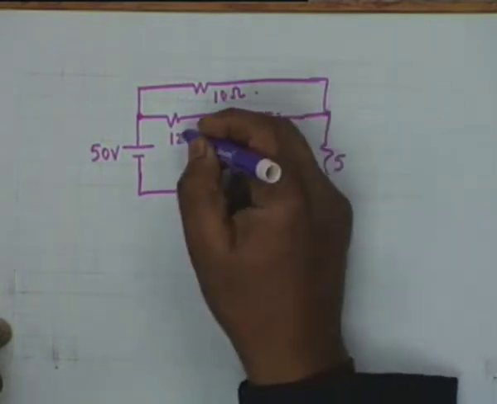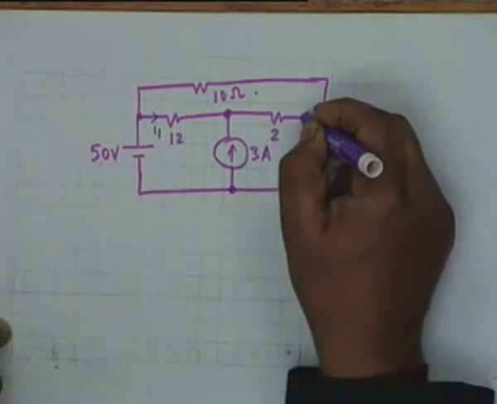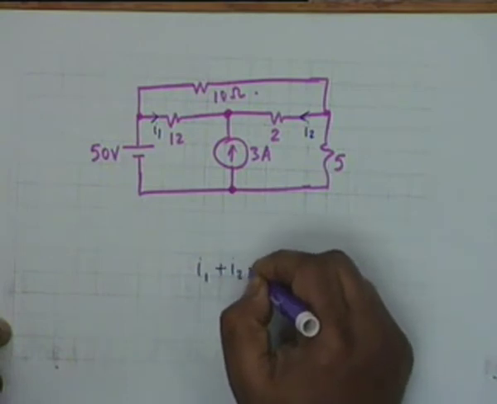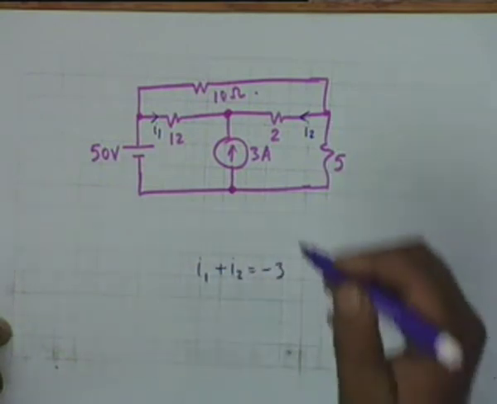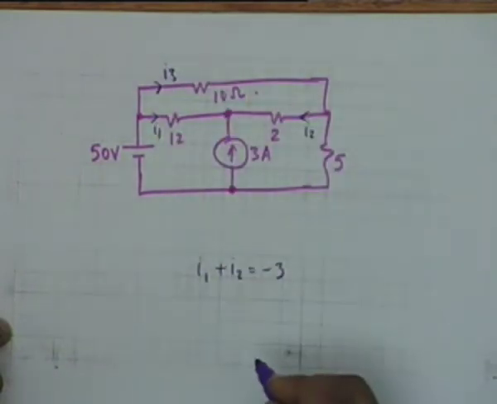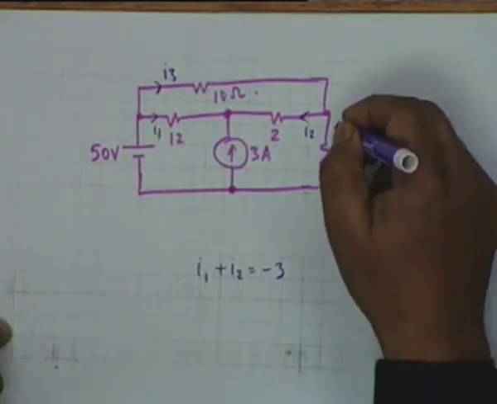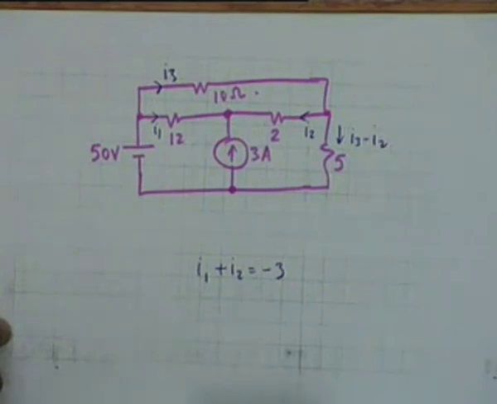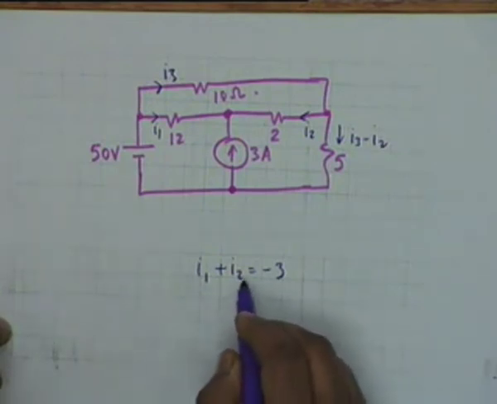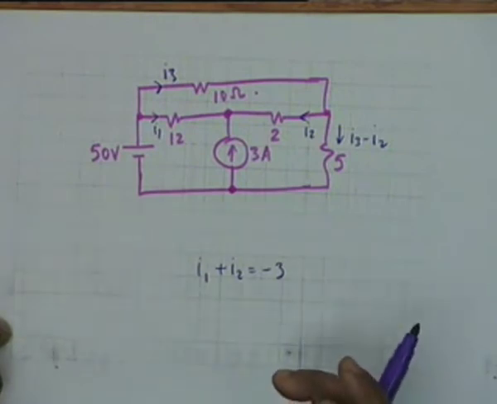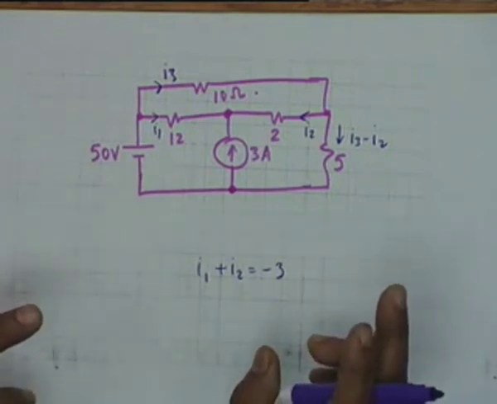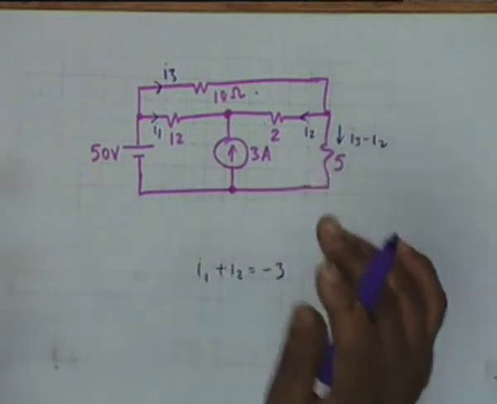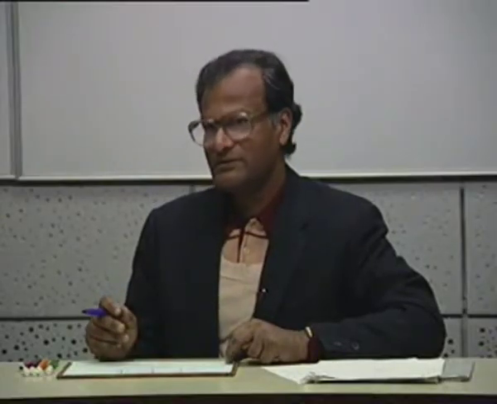What we did was we formulated a current of I1 here, a current of I2 here, then I1 plus I2 should be equal to minus 3. Alright, then we formulated another current I3 here, and so this current shall be equal to I3 minus I2, and I said that since I2 can be expressed in terms of I1, therefore we have to solve for only 2 currents, namely I1 and I3, and once we solve for them we shall again get a 2 by 2 matrix equation.